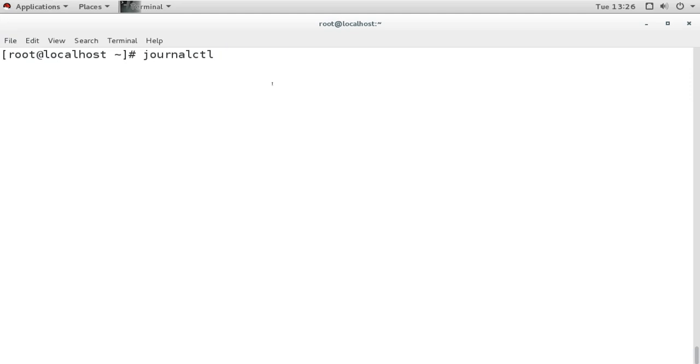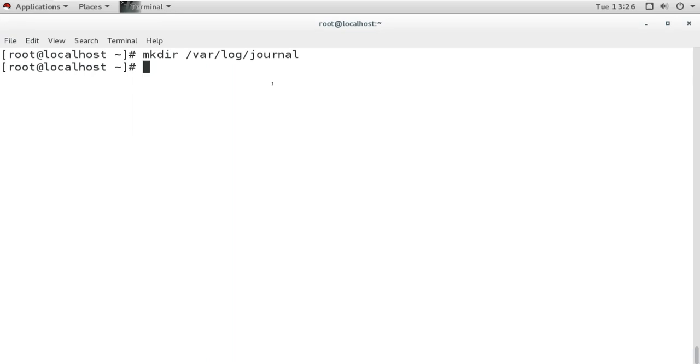Now if I want to make it persistent, that means if I want to keep the logs every time I reboot my system, and not lose them, then I can do that by using this. First I will create a directory where I want to store these logs. By default these logs go into the run log directory. Now I want to store them in the directory where all the logs are stored, so var log. In that I will create this journal directory for the journald service logs. Now the directory is created.